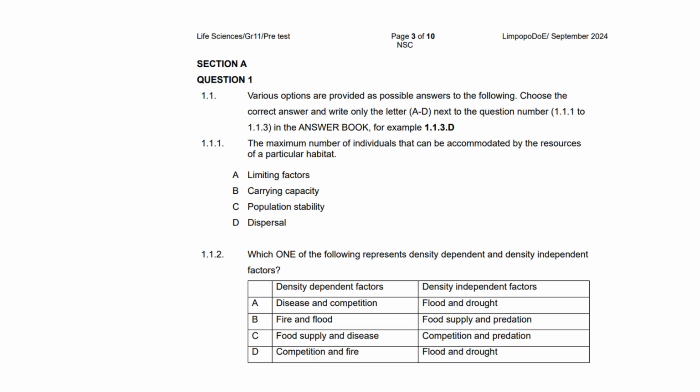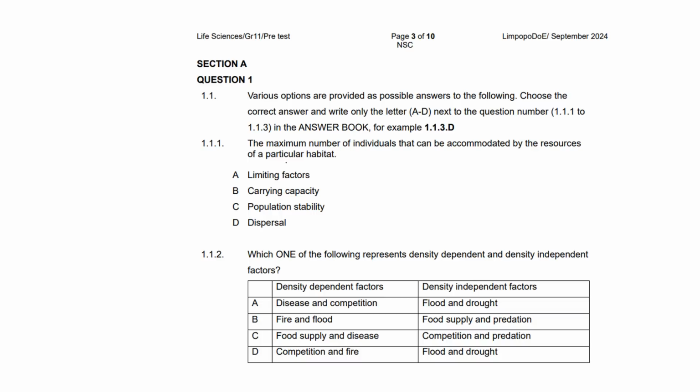The first question on the paper was multiple choice. With multiple choice, we'll be given 4 possible answers. What I always advise learners who are doing Life Sciences, Physical Sciences, Geography, Agriculture, or Maths is that the most important thing is to read the question first and then eliminate all the answers which are obviously wrong. We have been told the maximum number of individuals that can be accommodated by the resources of